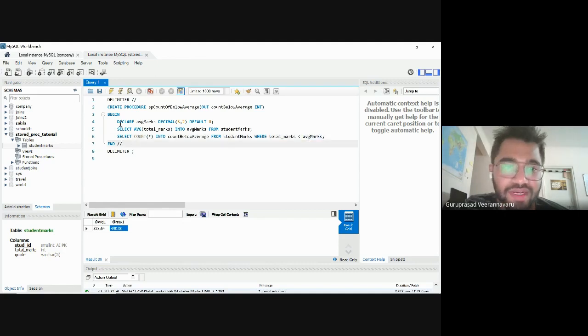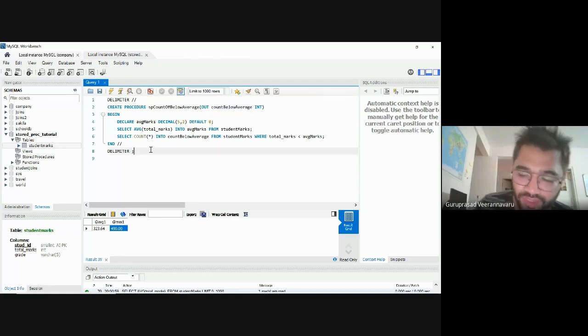Okay, so what we're doing here is declaring one variable. This is a local variable that is declared inside a function or a procedure. It is not one that is passed in or going out. Okay. So if I run this,